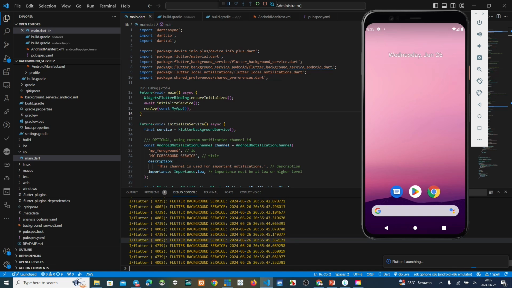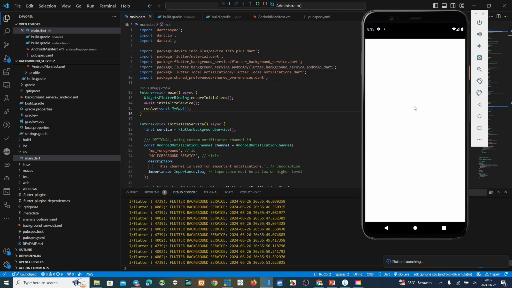Okay, hurry up please. The background service is already on the debug console, but okay. We can see the result. Maybe a few seconds more. We can see my screen, the virtual device.